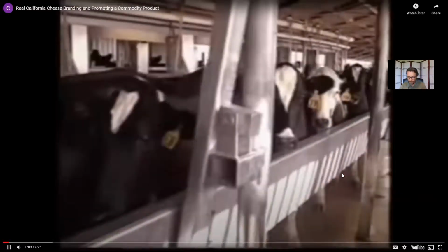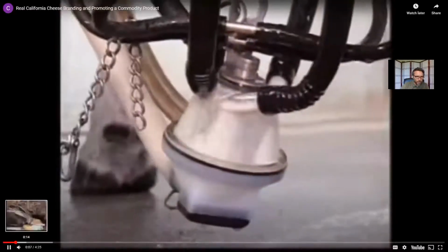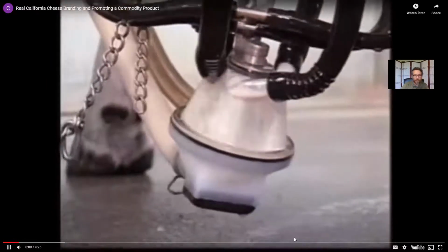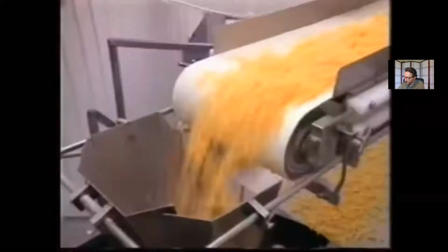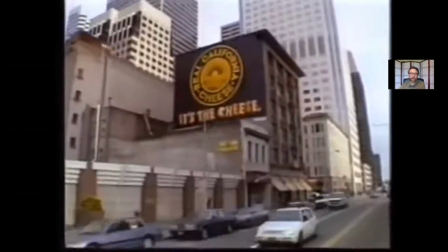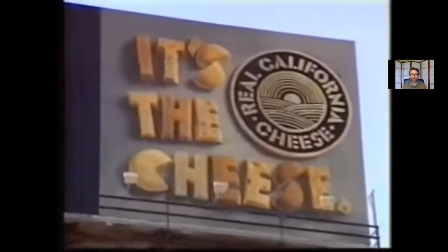The California Milk Board is an organization that promotes the California dairy industry. Since 10 pounds of milk go into every pound of cheese, when cheese production goes up, so does the demand for milk, and the whole dairy industry grows. In 1996, the board created the slogan, "It's the cheese," and launched an aggressive marketing campaign, specifically intended to increase